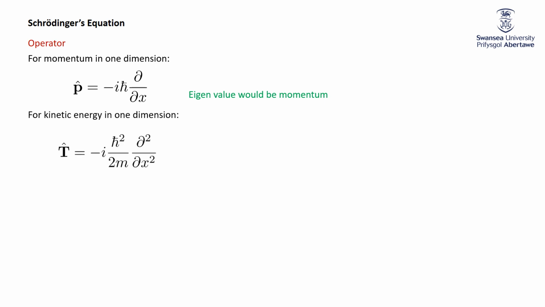Kinetic energy is even grosser. If I wanted to know the kinetic energy of the particle in one dimension, I would take my wave function, I would apply this operator to it, I'd get back the wave function multiplied by the kinetic energy of the particle. If I generally analyze space from the wave function, then what I would get back is various